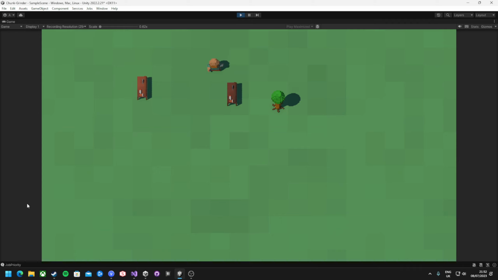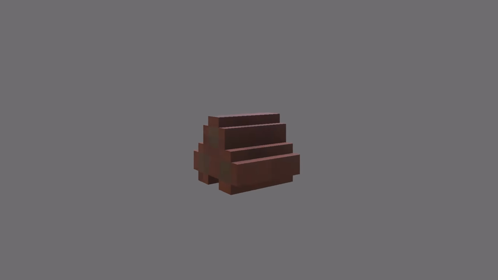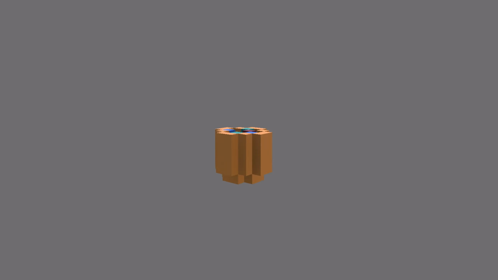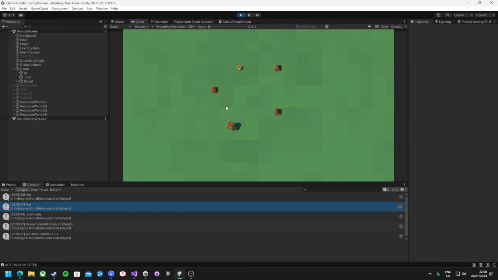Now the final thing I want to add is the world drops, the items. So when they're not stored in inventories, they can just be left on the floor ready for another dwarf to collect. So what needs to happen is the inventories have a drop resource function that instantiates a physical item at a specified location and removes it from the inventory. For this feature, the resources will need to store a model, so I just need to add that to the scriptable object, and then I'll need a new class for the item stack world, which will read this model and